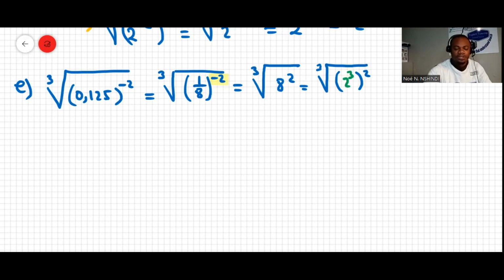So this will be cube root of 2 to the power of 6, and then this will be 2 to the power of 6 over 3. And then that makes 2 squared and equal to 4. Okay,